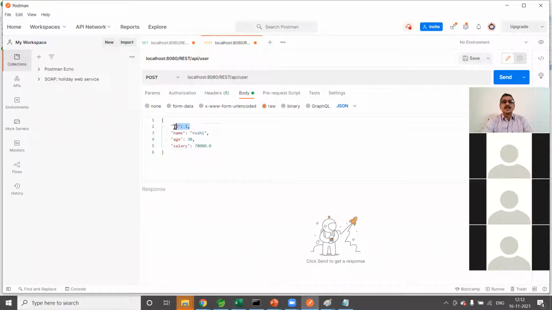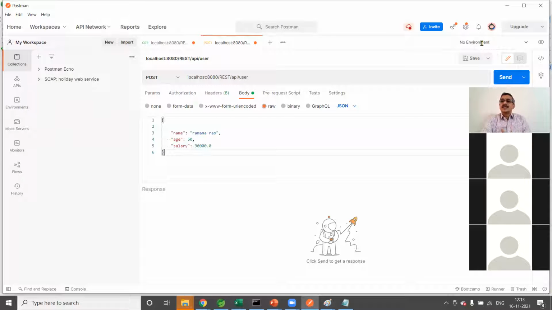I'm just using this as a template. I'll send, for example, Ramana Rao, then an age, and some salary, 90,000 or so. Now I'm trying to add a new user, so that is why I'm using this endpoint with a post request. In the body JSON, I'm passing the JSON value. But we should not mention the ID here, because when the client is sending data, the client will not create an ID. The ID will be created by the service.